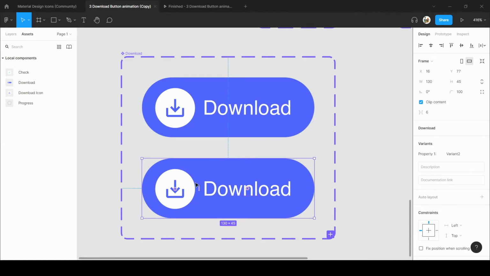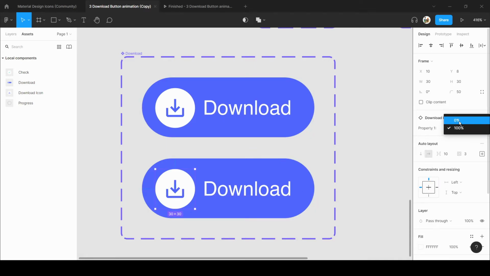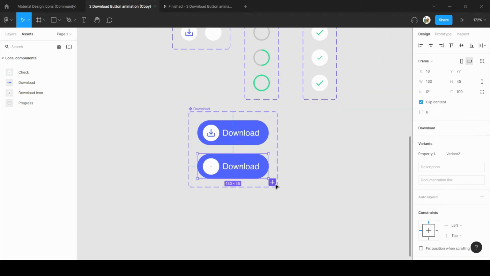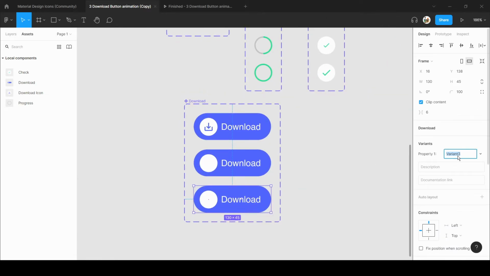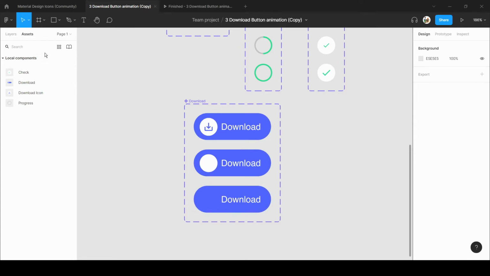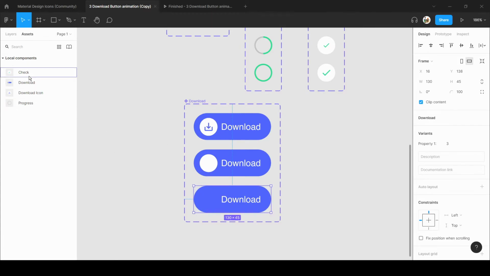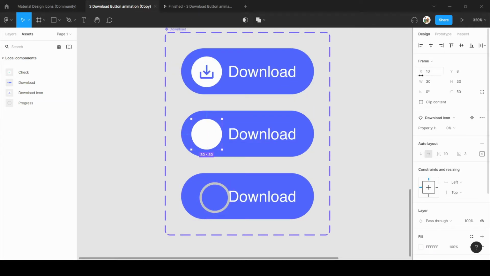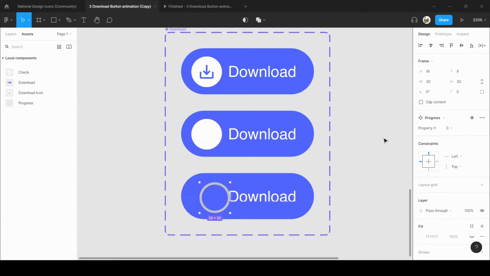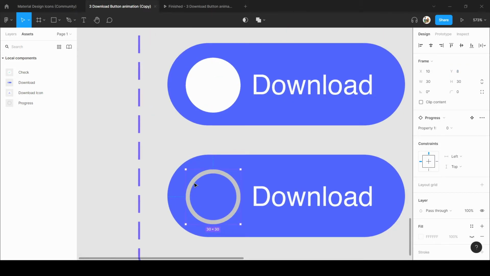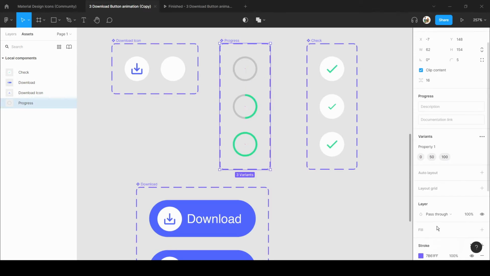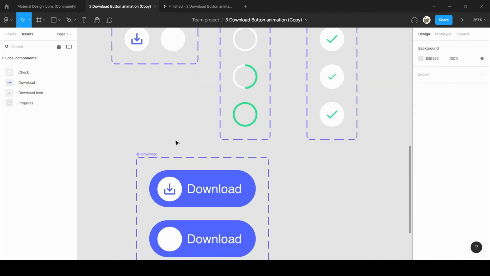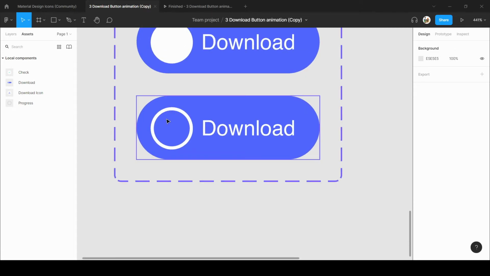When I click on it, I want the second variant, that means 0% opacity. Then create a variant of the second one, and here let's say 3. Just delete this icon, and from here I will add a progress. So here the x and y coordinates are 10, 8, so I will use exactly the same. So here you will see the gray color. I will simply fix this. Alright, so now we have this color.